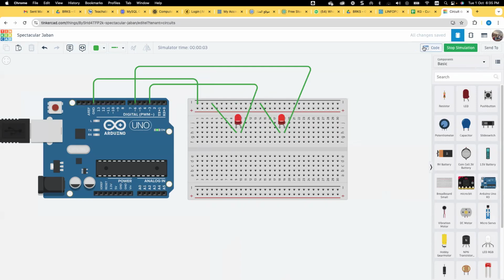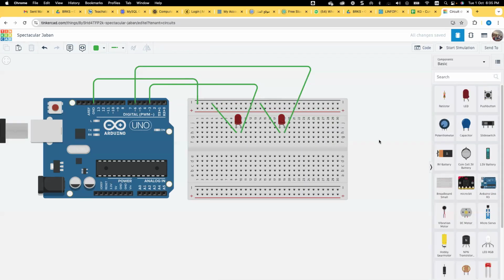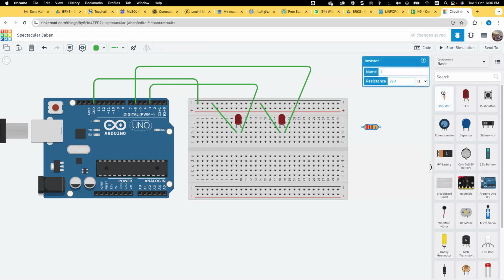Okay. And once this exercise is done, you introduce the resistor, and it's very important to make students understand the role of a resistor. Here I set my resistor to 220 ohm, because it's the value of the resistor I'm using to protect my LED.